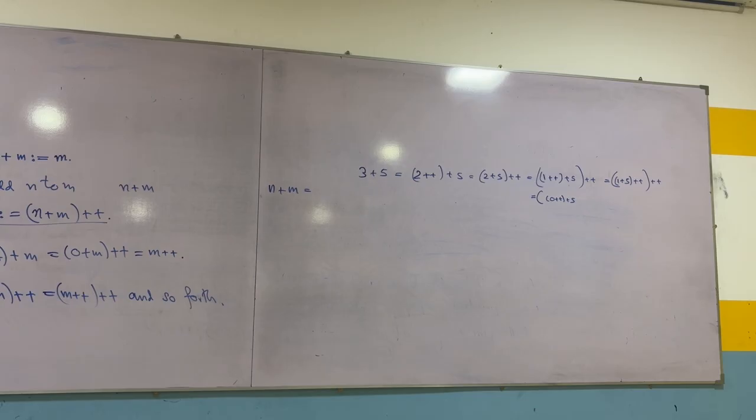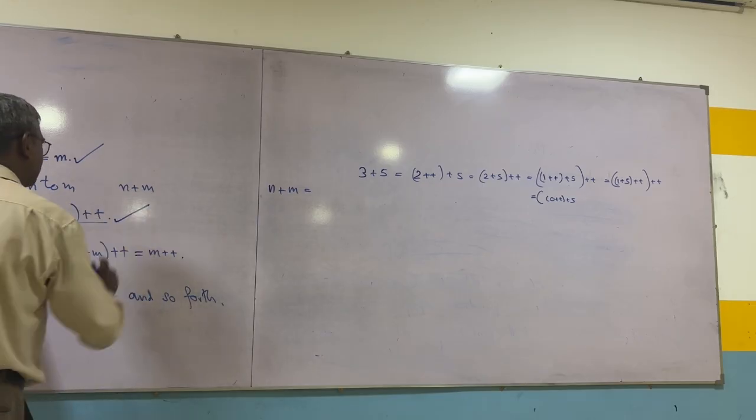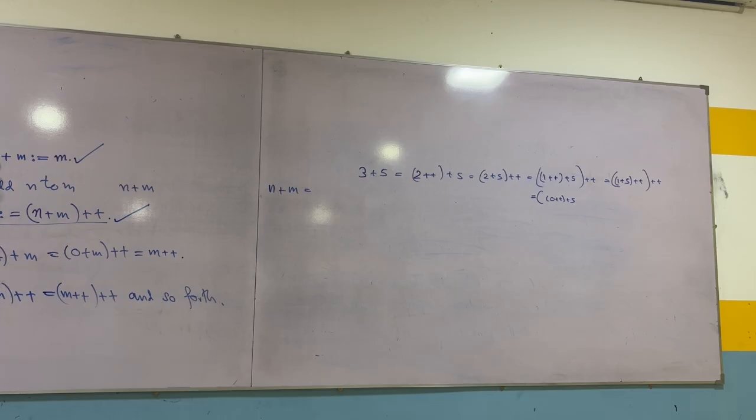Prove that the sum of 2 natural numbers is again a natural number. Because we don't know. We have 2 facts about addition. What are they? 0 plus m is equal to m, and n plus plus m is (n plus m) plus plus. As long as you are doing chapter 1, you need to remember these 2. We are told this is the definition.